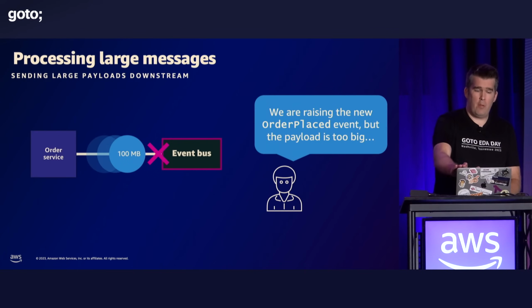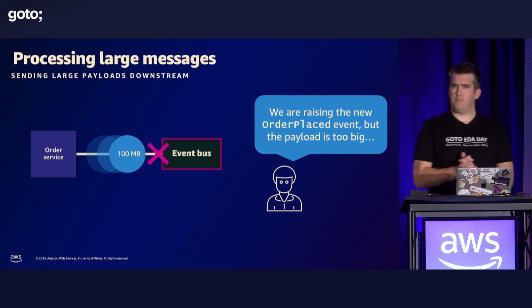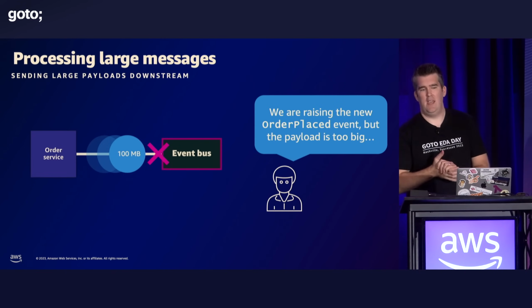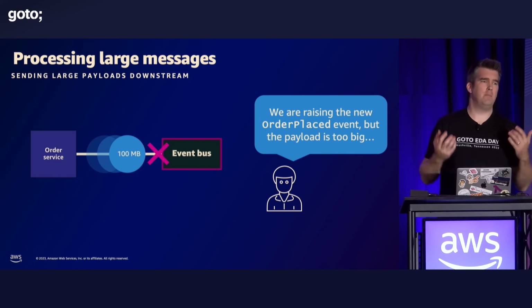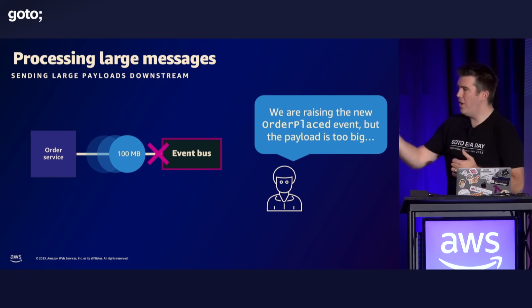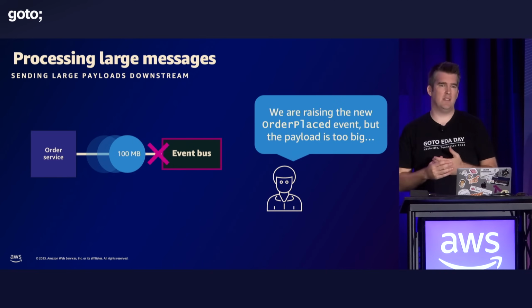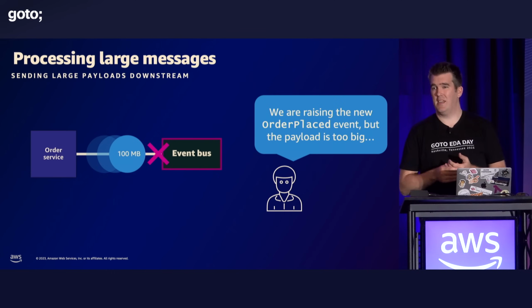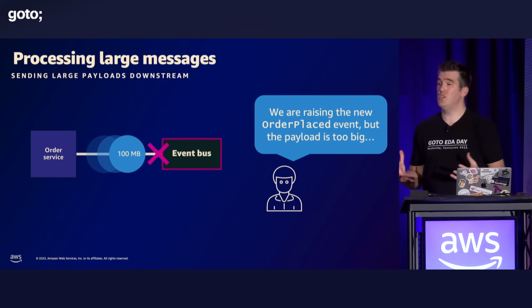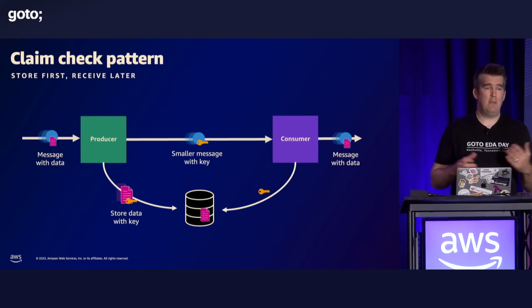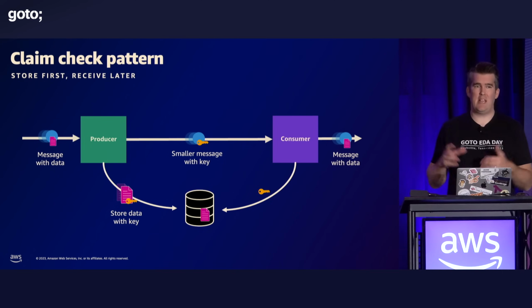The next problem that you'll often see is this one. As you're using message brokers and you're using services, we have large messages that we want to produce and we want to share. But the broker only supports a particular size. An example would be SQS or EventBridge, 256 kilobytes, right? But if your message is larger, what do you do? An example here would be something like the claim check pattern. This is an established pattern.